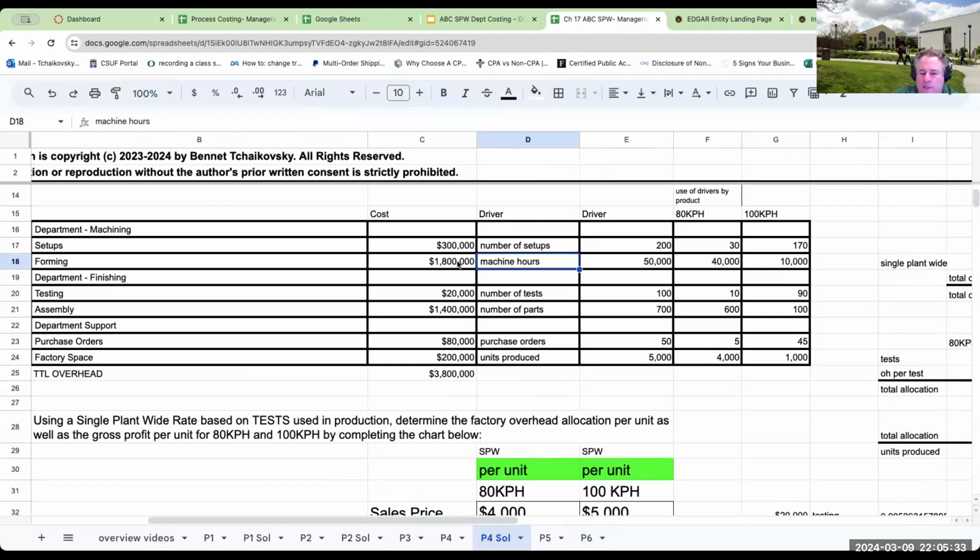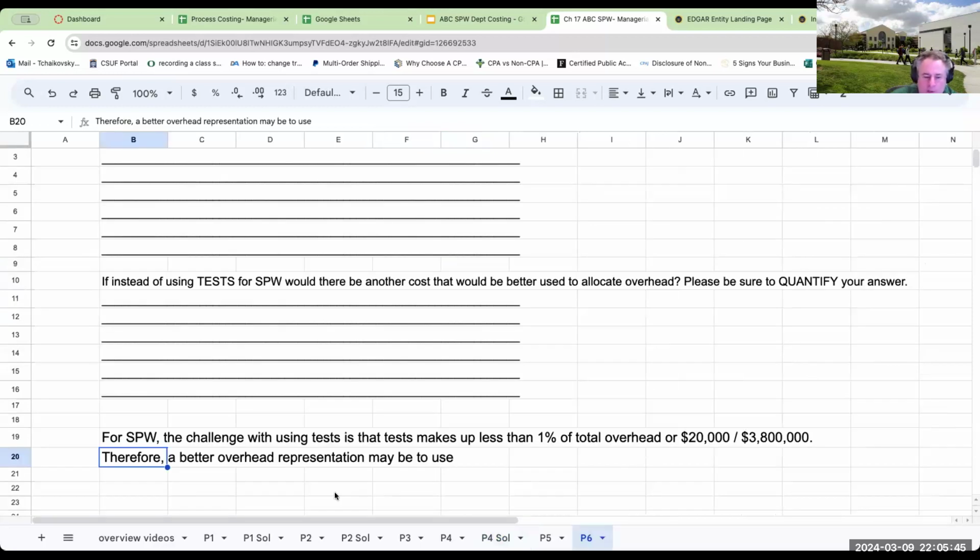Why would I want to use machine hours? Well, this is roughly about 1.8 million. Right over here, the assembly could potentially be something too, but the machine hours may be a better way to approach it. Machine hours,